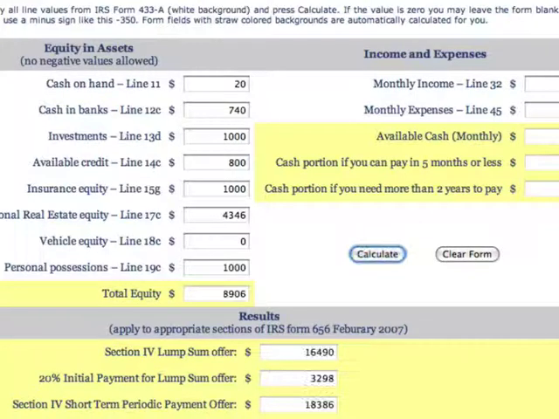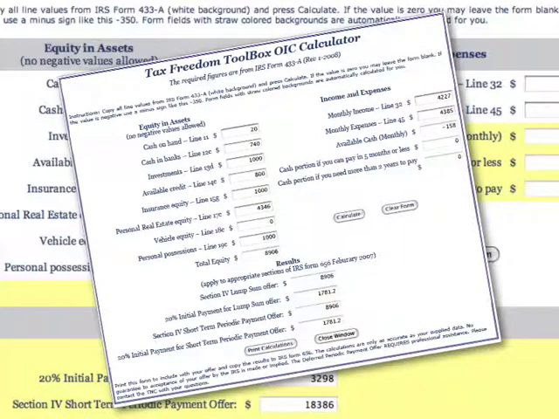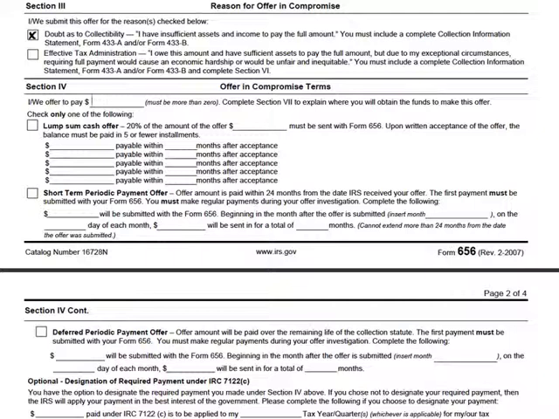I want you to print the calculations because you're going to need these in one hand, and we're going to work the end of the 656 in the other hand. We have several options. Lump sum offer, short-term periodic payment offer, and then there is one last one, the deferred periodic payment offer.